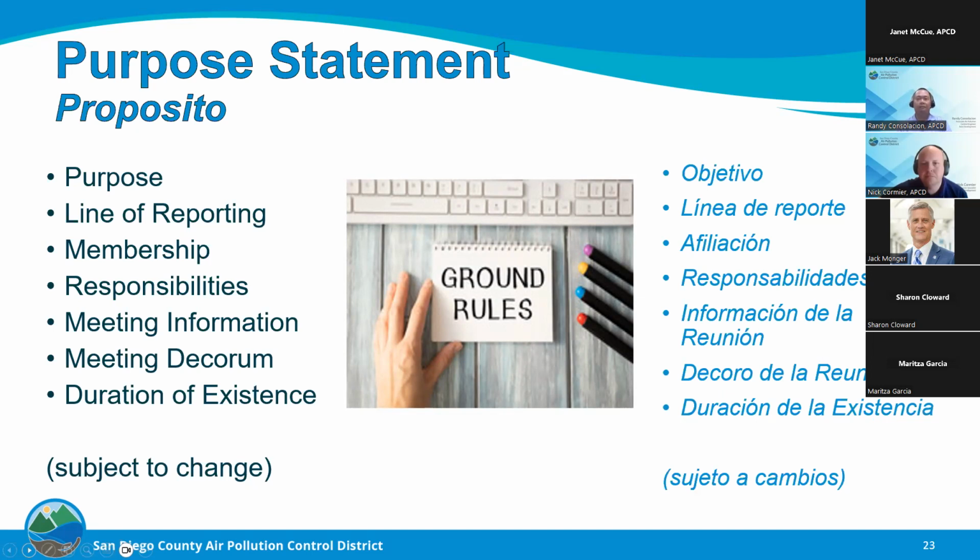Line of reporting. If the WWG can agree on a strategy, the WWG may make recommendations to district staff and the Planning and Policy Committee of the board. The Planning and Policy Committee or district staff may report those recommendations to the board. Responsibilities. Members will be expected to regularly participate in WWG meetings, review meeting materials provided by the district, and share information and provide feedback based on their respective areas of expertise.